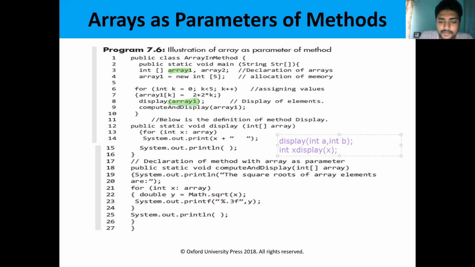So int x is equal to 33, 44, 55, 66. This is an array. Here I am passing the array as the parameter. This is not a variable. This is the array. We are passing the array. So we can pass the array also. Passing the parameters through the method, we can pass the array itself. This is possible in Java.